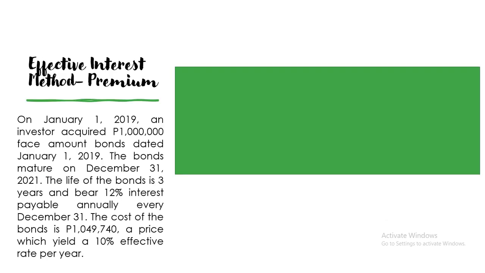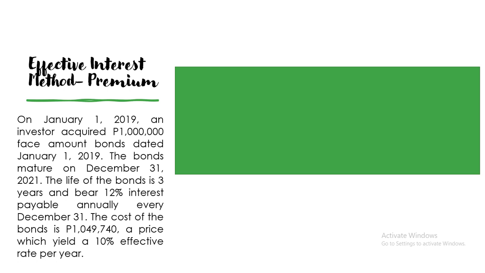Now the next one is premium naman. Effective interest method premium. So on January 1, 2019, an investor acquired 1 million face amount of bonds dated January 1, 2019. The bonds mature on December 31, 2021. The life of the bonds is 3 years and bear 12% interest payable annually, so every December 31. The cost of the bonds is 1,049,740